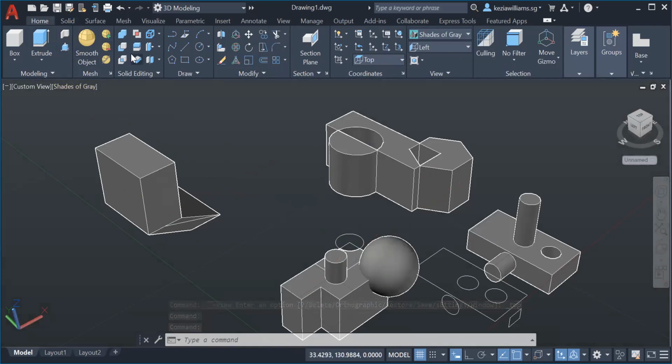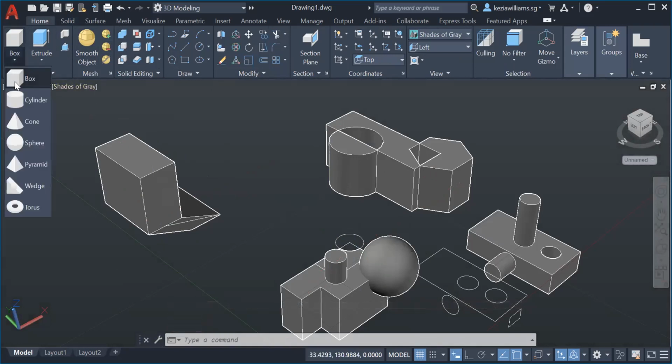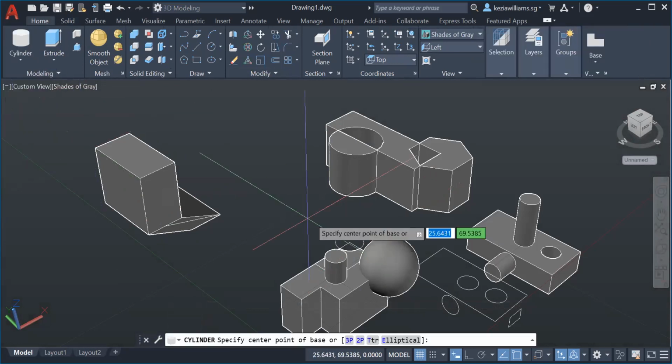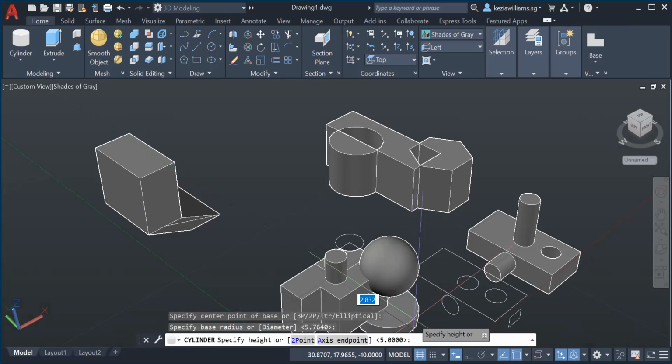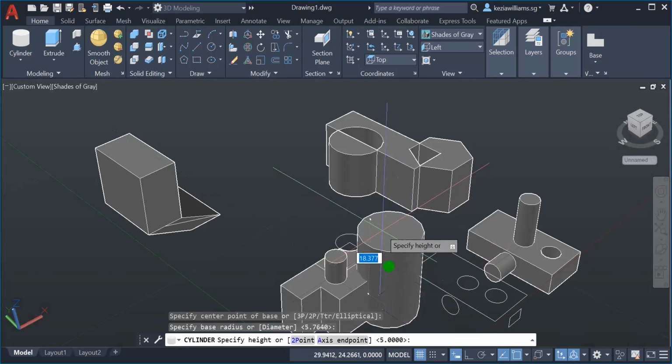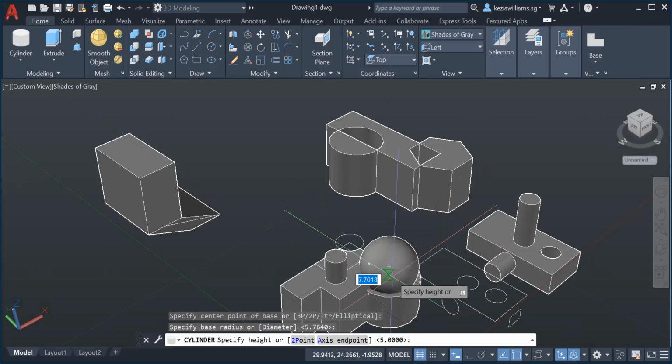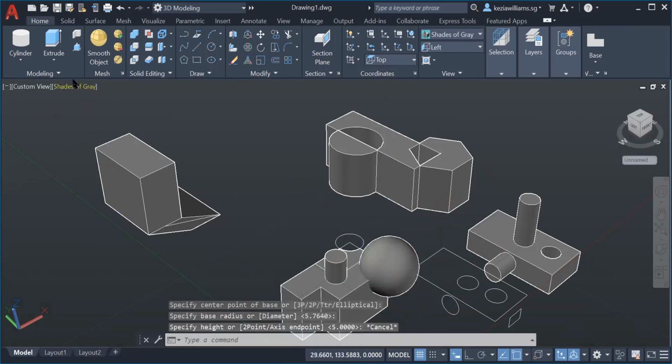You know why I changed the view? Cylinder. Okay, make it go down. Fully covered doesn't matter, it should not fully cover.